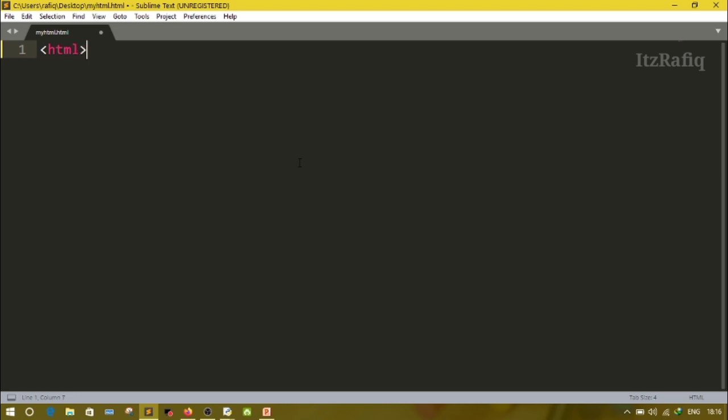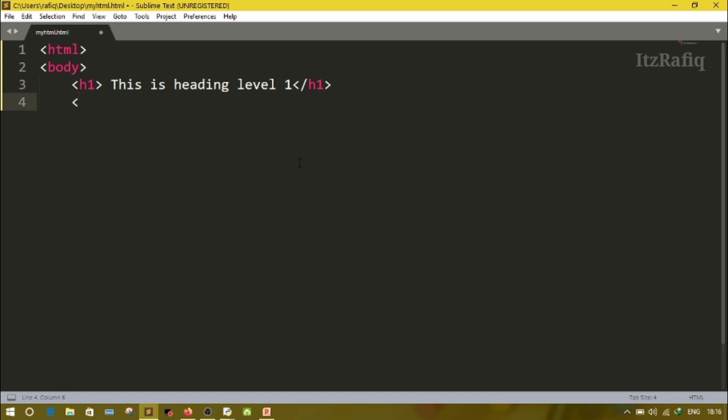HTML, body. Here H1, this is a heading, or this is heading level 1. Close H1.